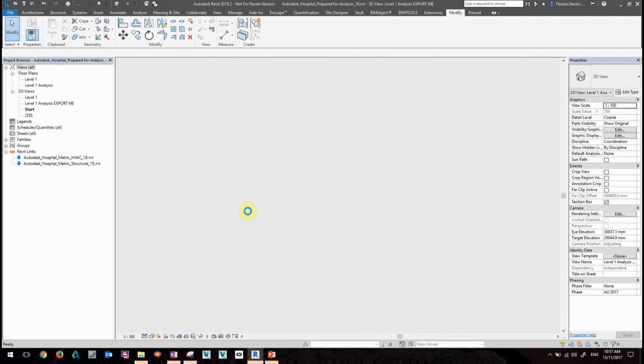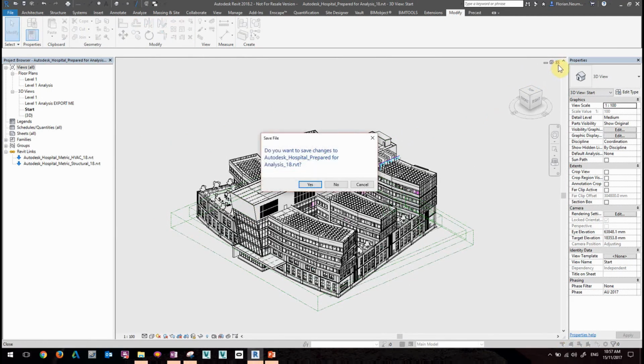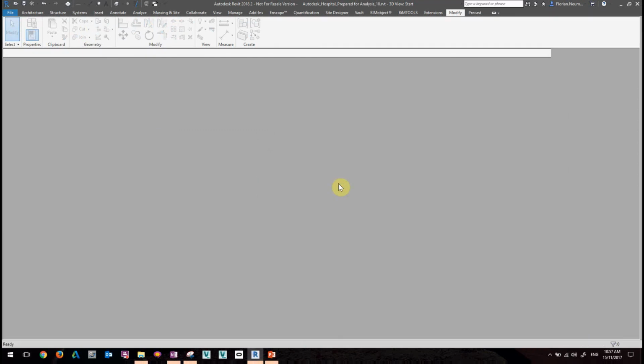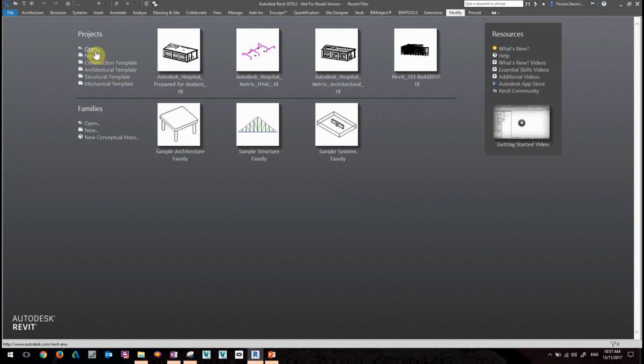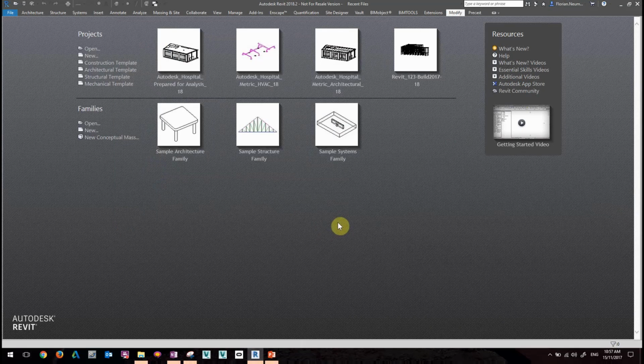In case something was a little bit messed up or didn't work the way it should, I would just quickly open this up again to show you and run you quickly through the export for that. So